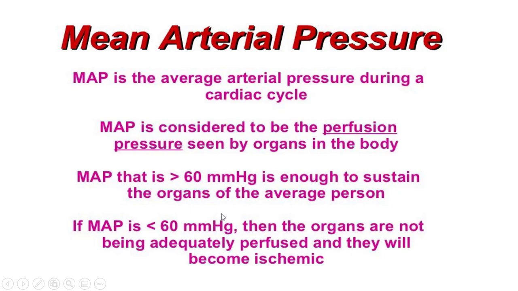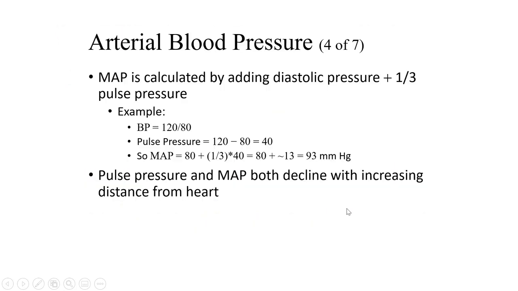But if the mean arterial pressure is less than 60 millimeters of mercury, then the organs are not being adequately perfused, meaning they are not receiving the right amount of blood where they get nutrients and oxygen, and therefore they will become ischemic. So, the mean arterial pressure is calculated by adding the diastolic pressure plus one third of the pulse pressure. And this is just